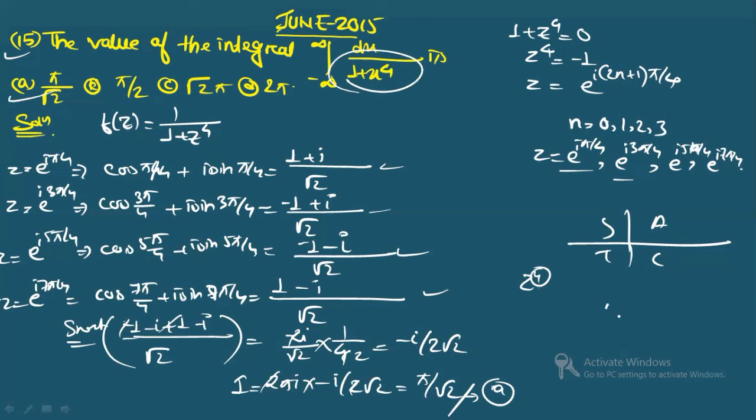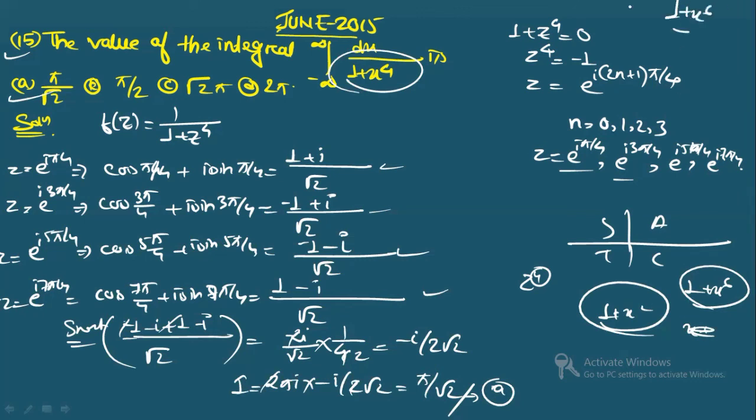If you have 1 plus x square in the denominator, it is quite easy and you can do it the other way also. But for 1 plus x to the power 6 and other functions, you can try the same question. I'm writing here the integration from minus infinity to plus infinity dx by 1 plus x to the power 6. You can do it, take it as homework.